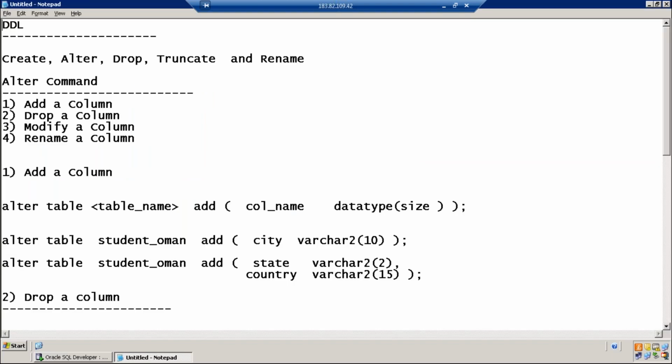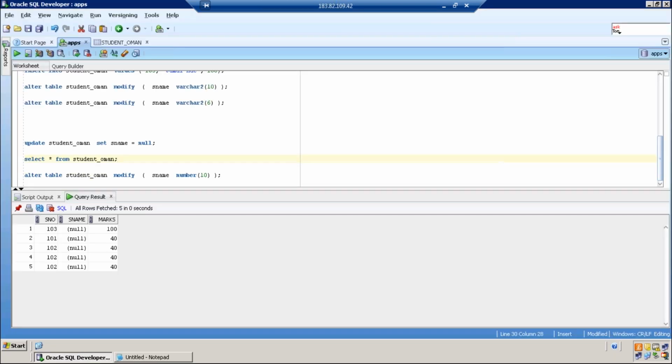But suppose you want to take a backup of that column, and we don't know if there are 1,000 lines. How do we do it? Let's say, for example, you want to change the data type of the marks column, so you want to make the column empty. We want to take a backup of this particular column. First step, add a new column.